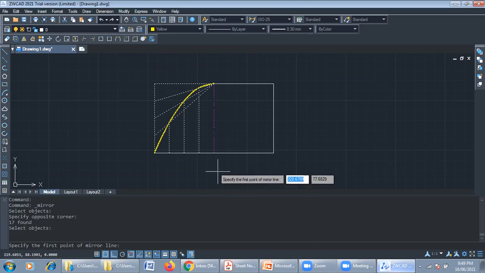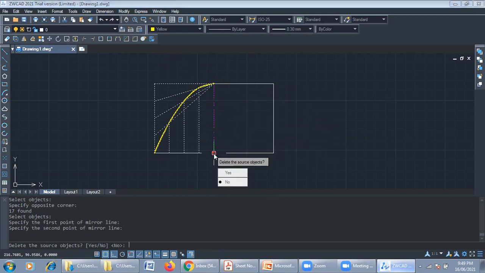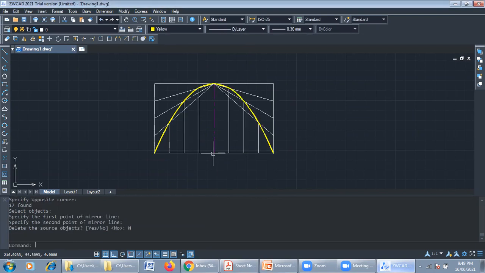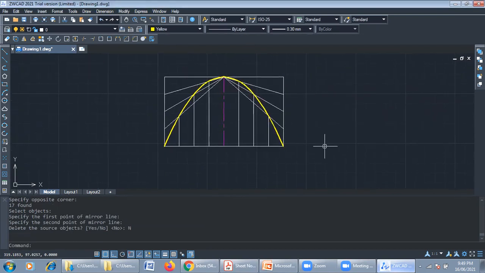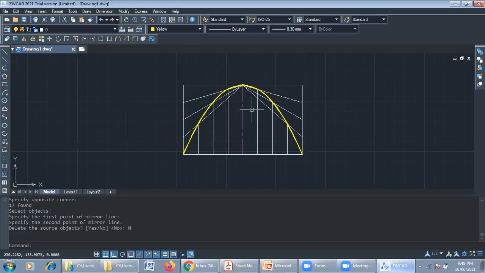Then it is asking to specify the first point of the mirror line. So this is the first point, and this is the second point. Now I enter. So you will be getting the complete view of the parabola, simply the parabola of the drawing.